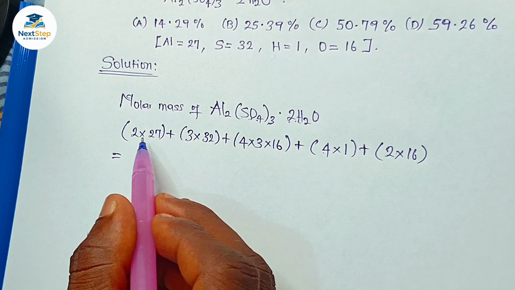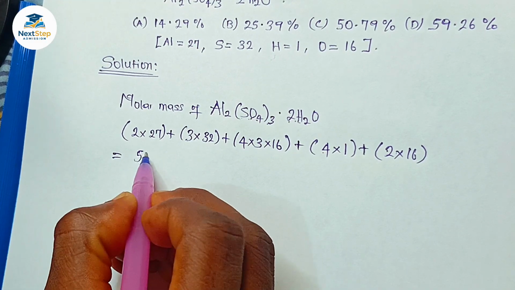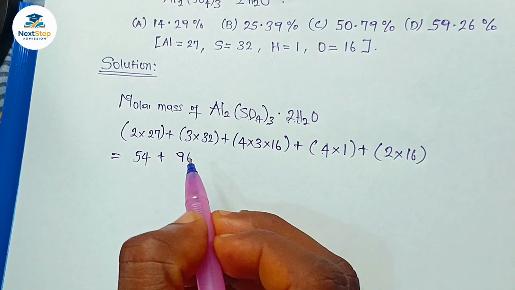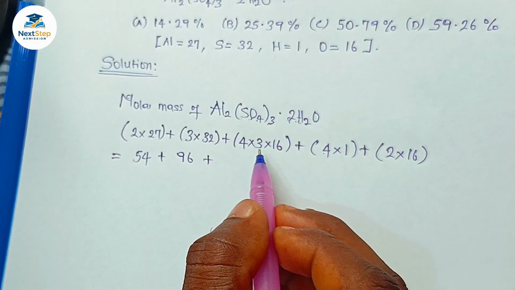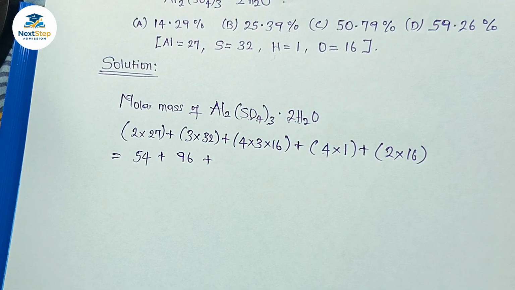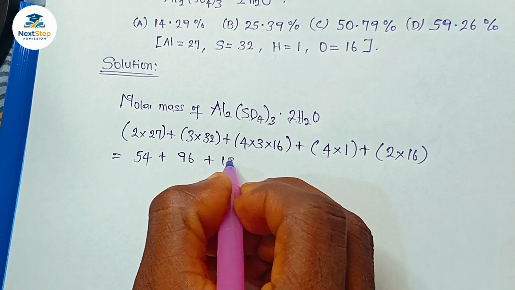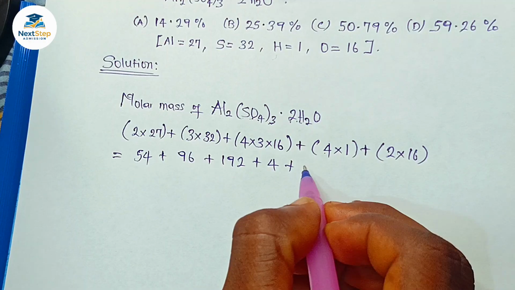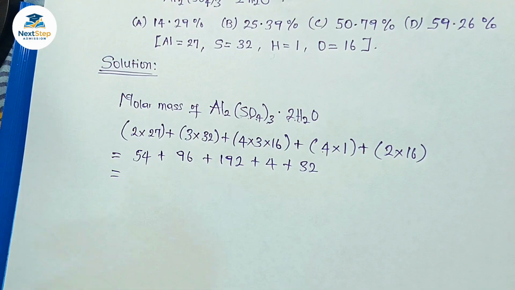So 2 times 27, that should give us 54, plus 3 times 32, that should give us 96, plus 4 times 3 times 16. You might want to press it: 4 times 3 times 16, so that will give us 192. Okay, plus 4 times 1 is 4, then plus 2 times 16 is 32. So let's sum everything together. That will be 54 plus 96 plus 192 plus 4 plus 32. So that will give me